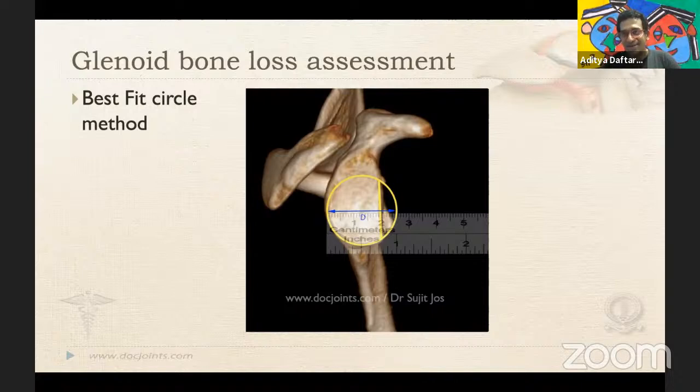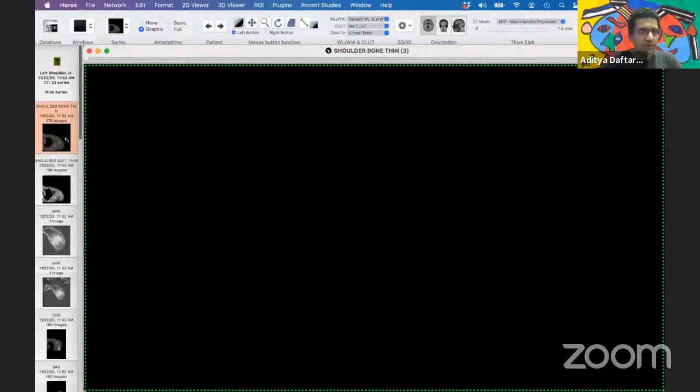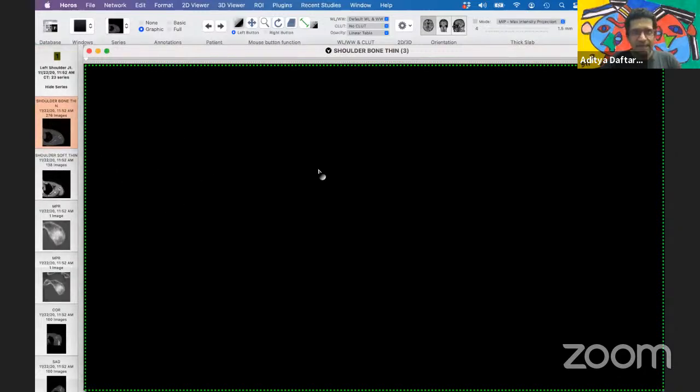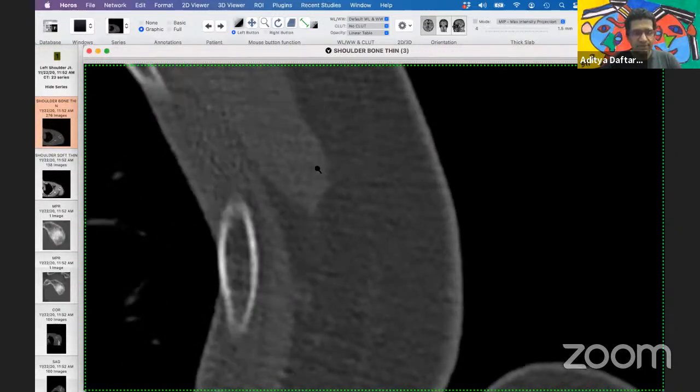But the millimeter and the pixel part. So when they give you the data, actually I can just share my screen and show you what you can do with this, if you allow me for a second, because I do have a case with CT available here. Let me share that quickly and show you. Here we go. So if you have, for example, a CT like this, here you have your CT images.